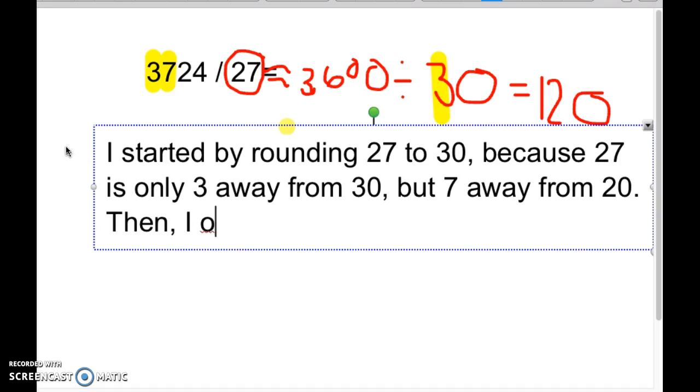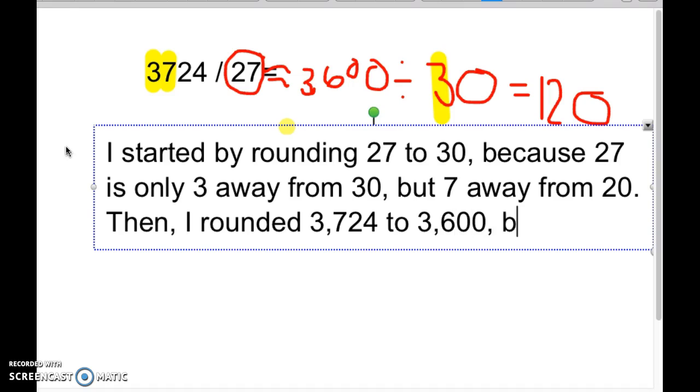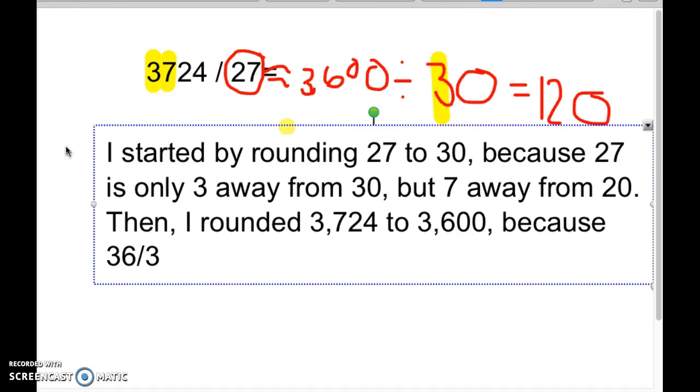Then I rounded 3,724 to 3,600 because 36 divided by 3 is a basic fact,